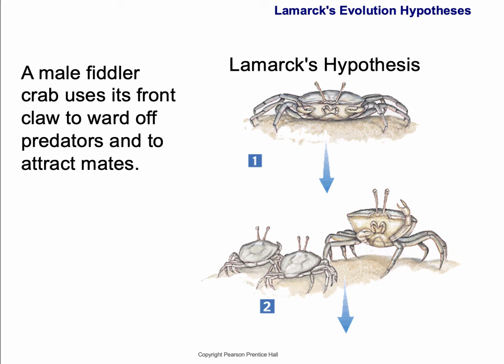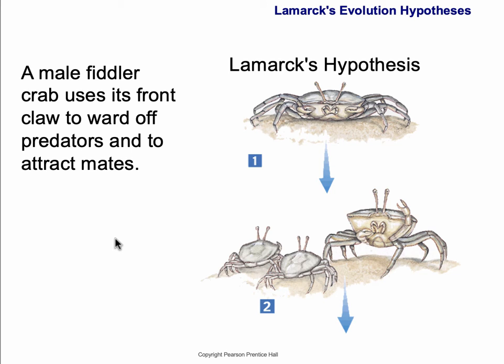And Lamarck had an interesting idea, and it was certainly a reasonable sounding explanation given what we understood about inheritance and how traits are passed on at the time. And just to summarize, Lamarck thought that if animals used or didn't use some of their body parts, they might develop or might diminish over the course of the animal's life. And that development or diminishment would be passed on to offspring.